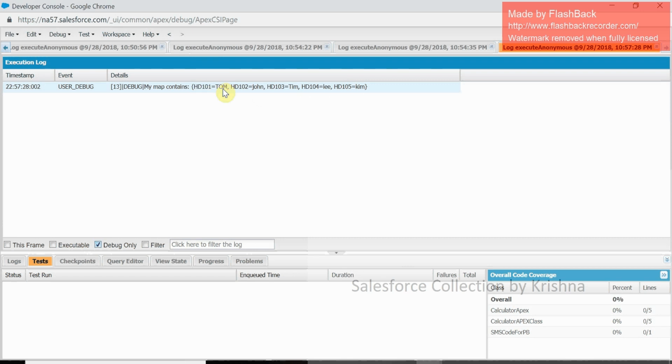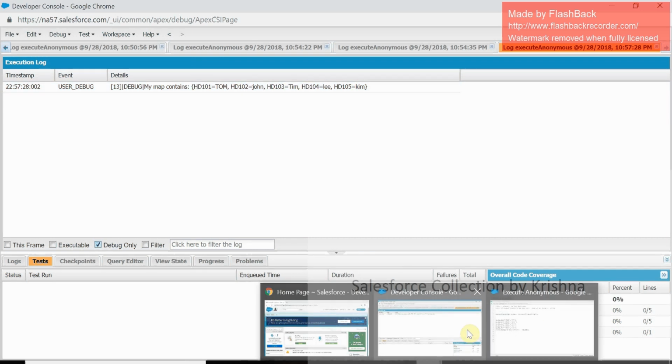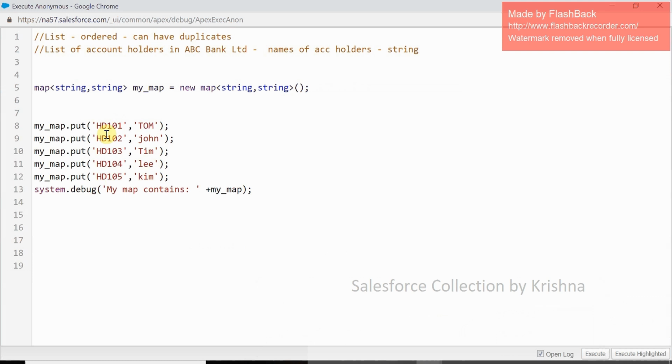Now I only want the keys to see. I want to see the keys alone, which means I want to only see the account number. The ID, account employee ID. So for that, what I do is